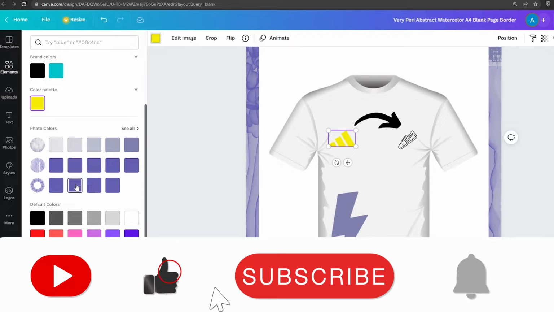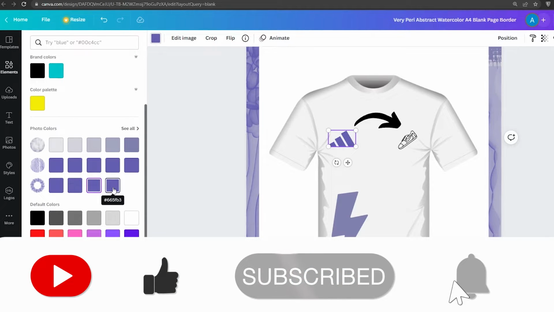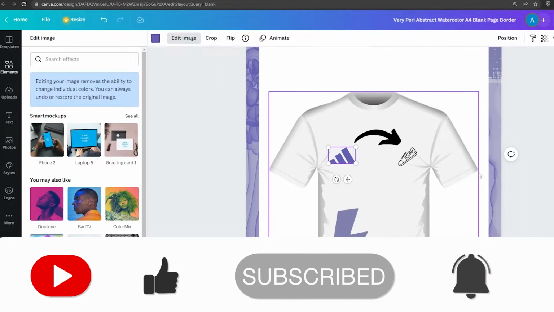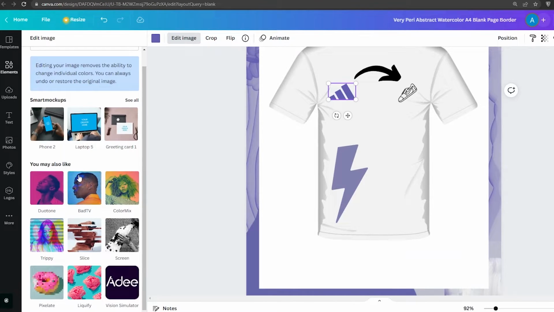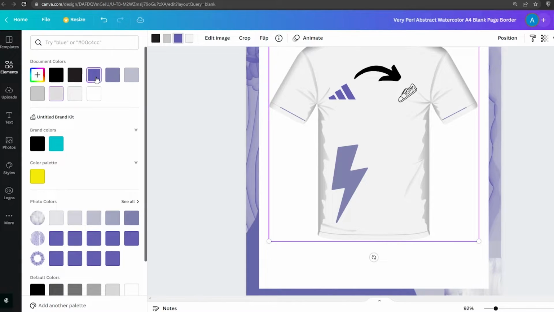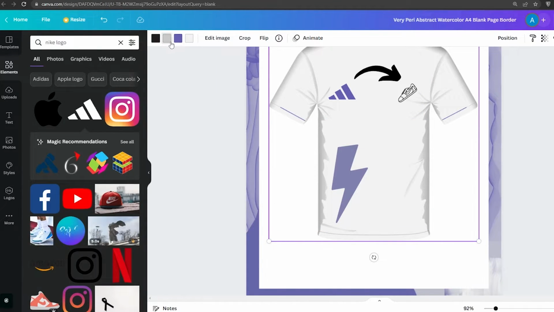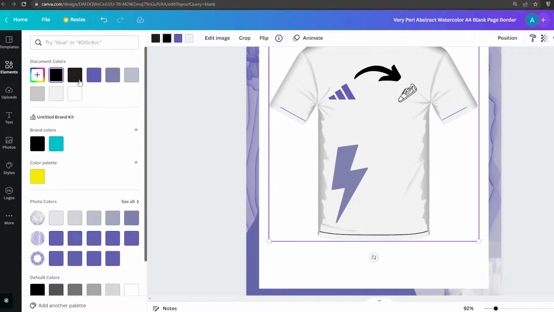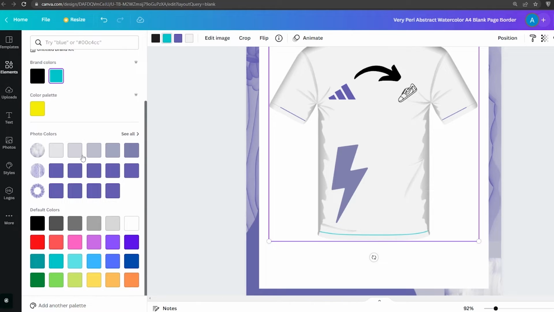So it is very easy, quick to do on the spot, and you guys can also edit the image to make it look way more realistic. So if I were to click on edit image while having selected the image that I want to edit, then I can of course change it to anything I want. So I can even change this t-shirt to different colors. I can change the bottom of the t-shirt to any color I'd like. For example, I am changing it to dark blue,